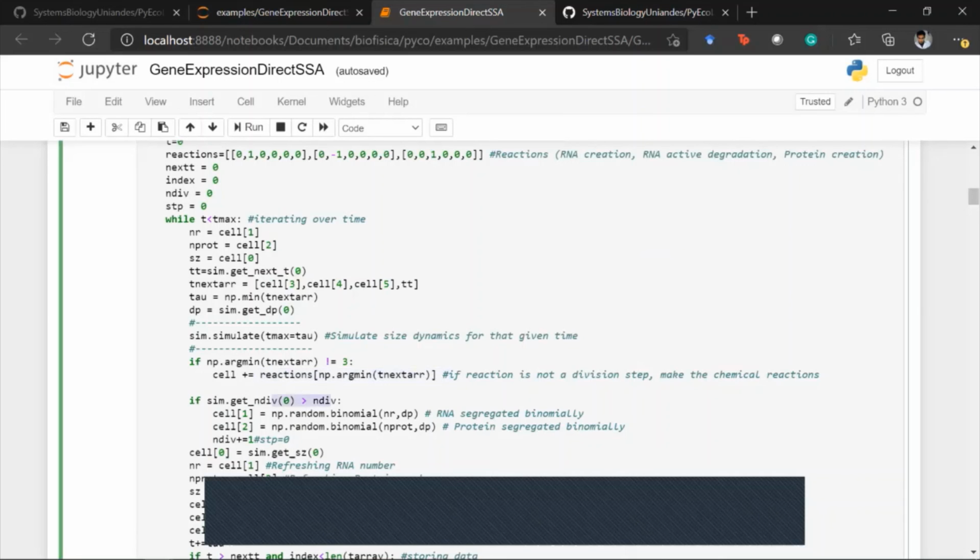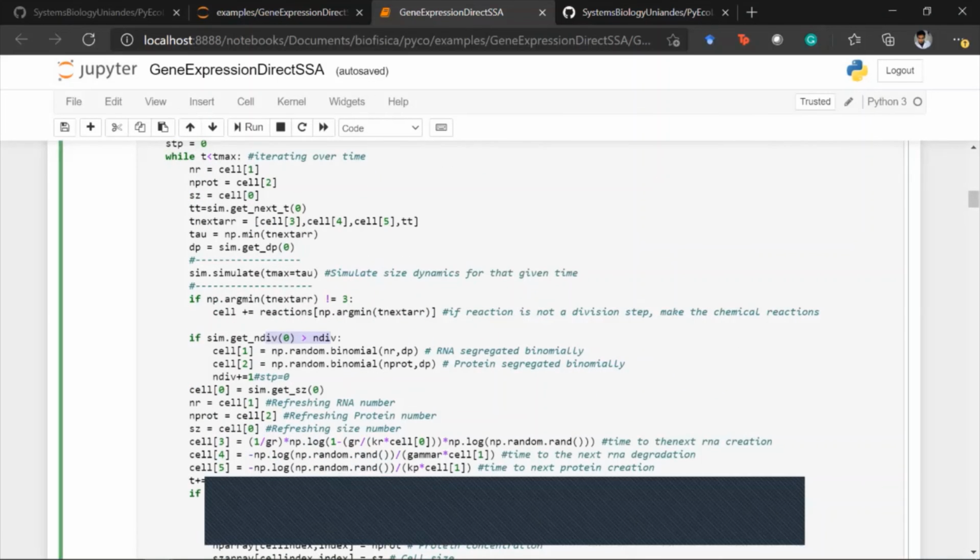If the minimum is at the time of a division step, you can see how many division steps the cell 0 in this case has performed at that time, and if the number of division steps is less than the division steps you have as objective,